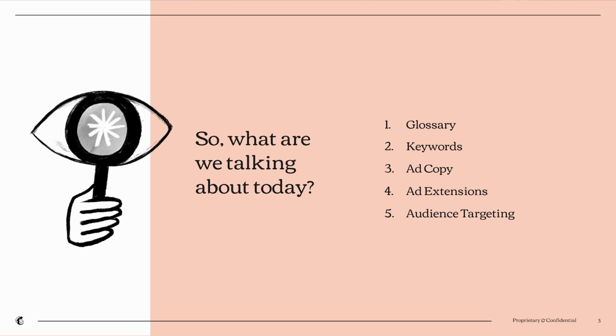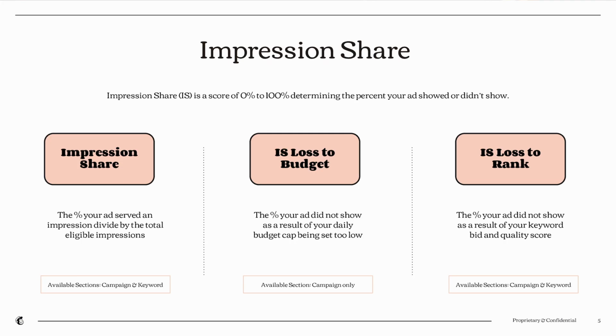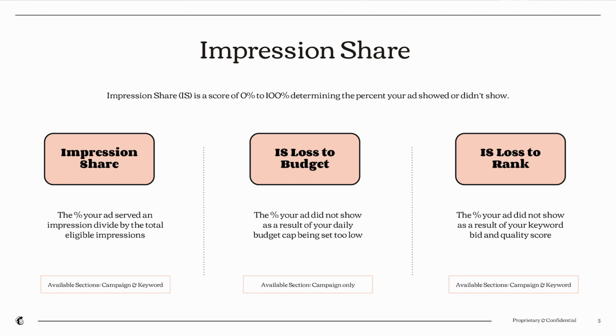ways that you can overlay different in-market and affinity audiences to optimize your paid search campaigns. So starting off with the key terminology, first is impression share. Impression share is a column that you can add into your Google reports to help inform how often your ad showed. This is a percent that Google tells you that you had, out of the times eligible, you showed X% of the times. So it's a range between 0% to 100%. 0% means that your ad didn't show at all, and 100% means that your ad showed every time that it was eligible. You will often find yourself somewhere in between 0 to 100% impression share.